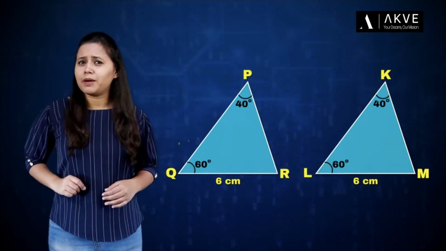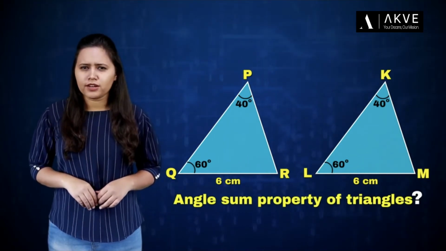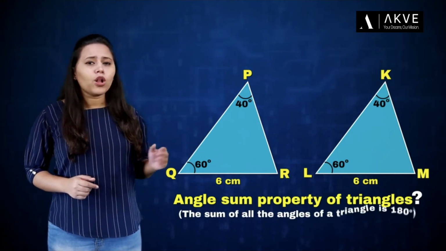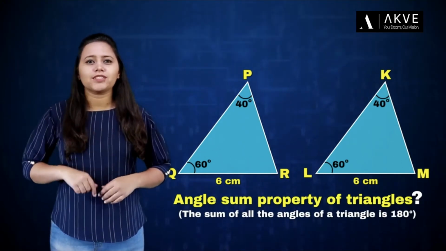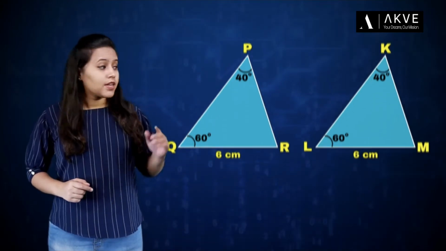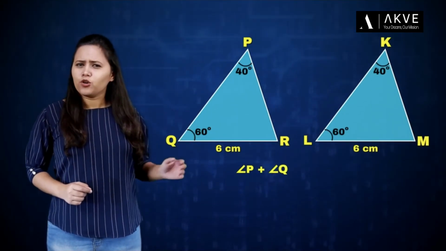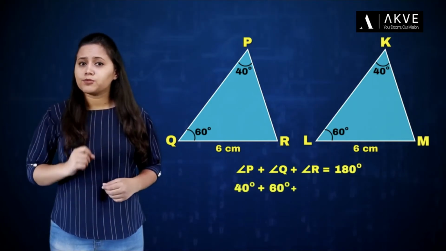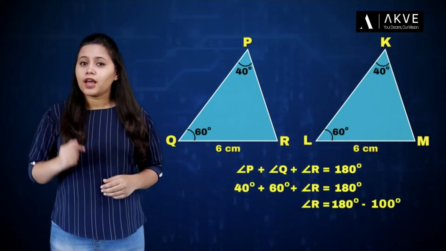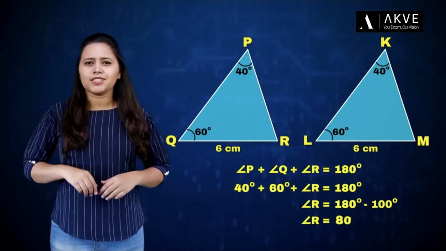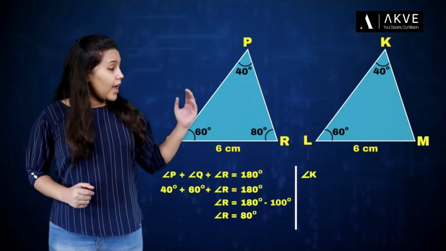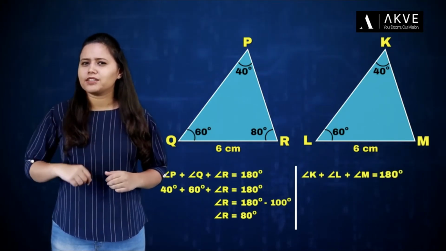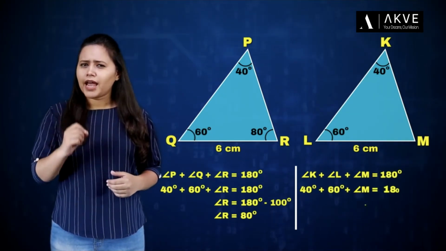Well, do you remember the angle sum property of triangles? I hope you do. It states that the sum of all the angles of a triangle is 180 degrees. This means angle P plus angle Q plus angle R is equal to 180 degrees. Now, on substituting the values, we get angle R is equal to 80 degrees. Similarly, angle K plus angle L plus angle M is equal to 180 degrees,